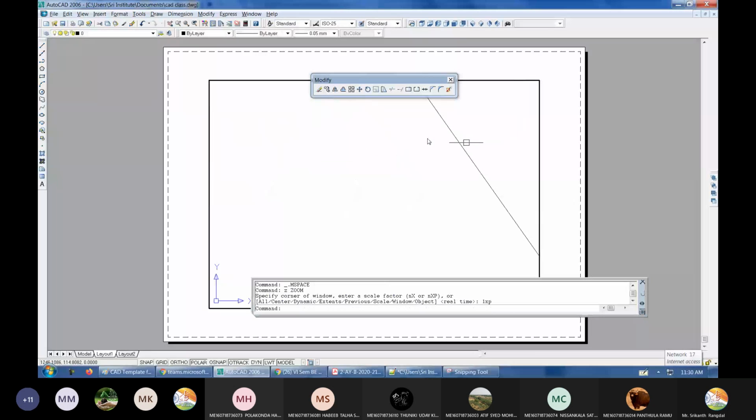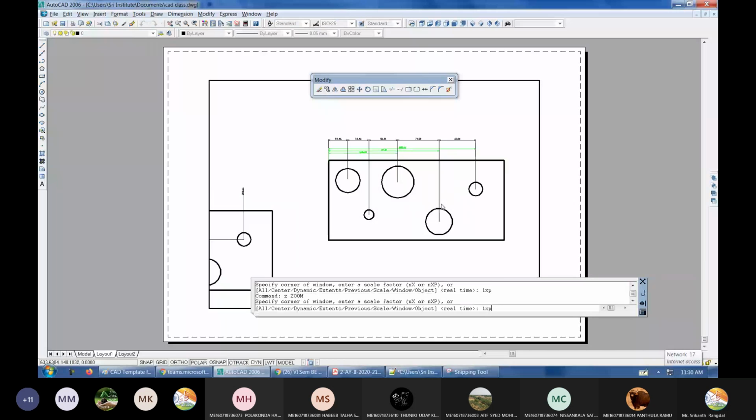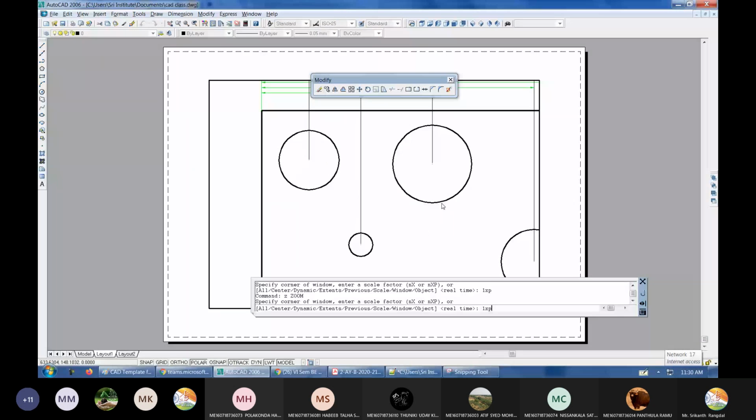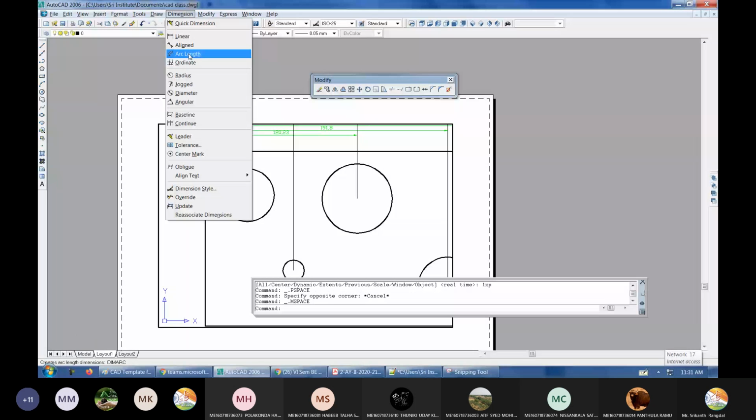now it is showing me the 1:1 size. Let us take here. Z enter, 1xp enter. So now the scale is chosen as 1:1. Now if you take a printout of this and measure the diameter, it will be exactly the same as the actual diameter. Let us see what the actual diameter is. Actual diameter is 55.49.